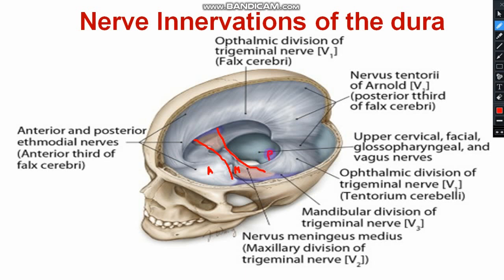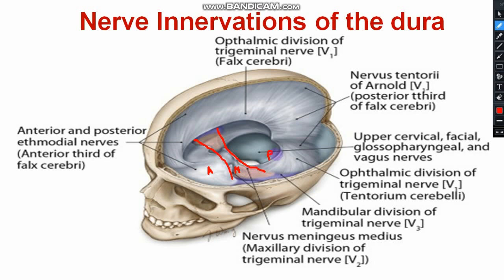So the anterior cranial fossa, we are talking regarding the floor. The floor of the anterior cranial fossa is supplied mostly by the anterior and posterior ethmoidal nerves, and partly by the maxillary nerve, whereas the middle cranial fossa is supplied by the maxillary nerve in its anterior half, and by the branches of the mandibular nerve and from the trigeminal ganglion in its posterior half,